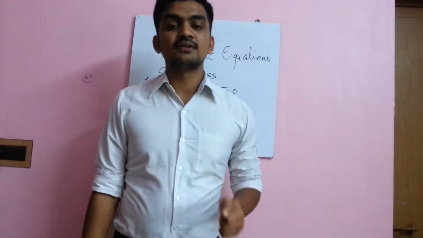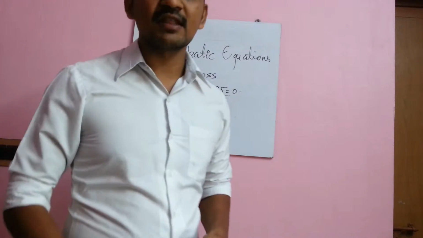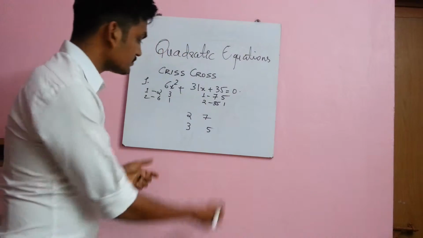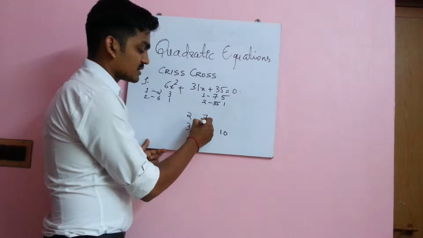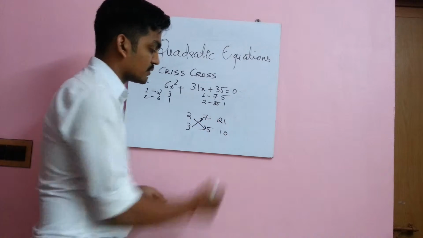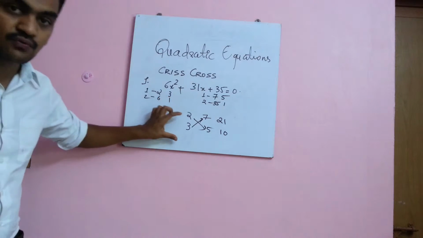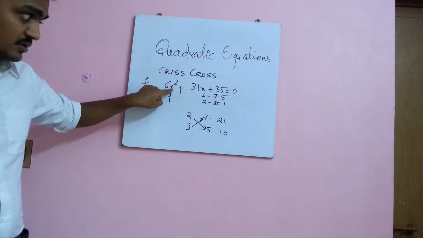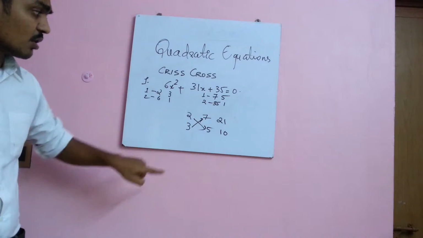Right, we have selected these numbers 2, 3 and 7, 5. Why we have selected these numbers is because you cross 2 into 5, it will be 10. You cross 7 into 3, it will be 21. Right? That is, you factorize the coefficient of x square, you factorize the constant term, then a combination of two